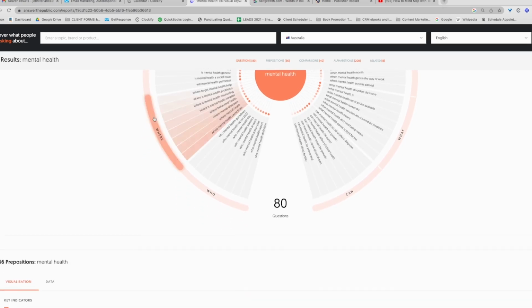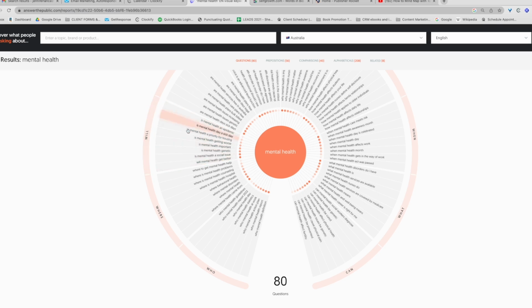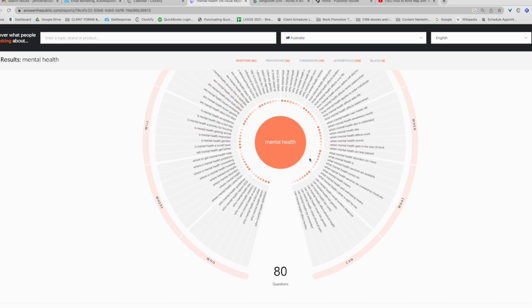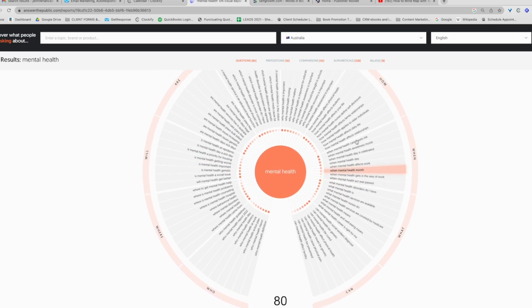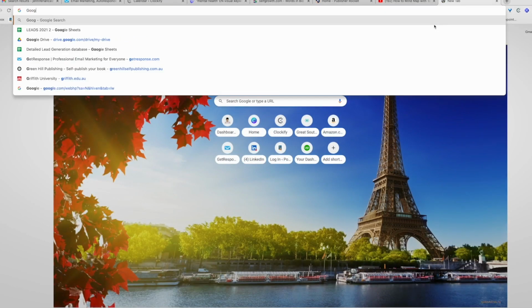So yeah, not everyone's going to want to do that, but I just think some of these free tools are really useful when you are wanting to know what people are thinking about out there, and just getting simple little ideas for subheadings in your book. It's going to help me write my book about mental health because it's giving me ideas already just looking at this. And then I can go to Google Scholar.